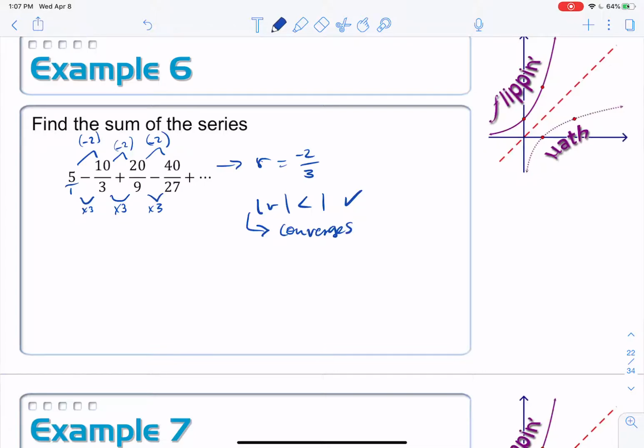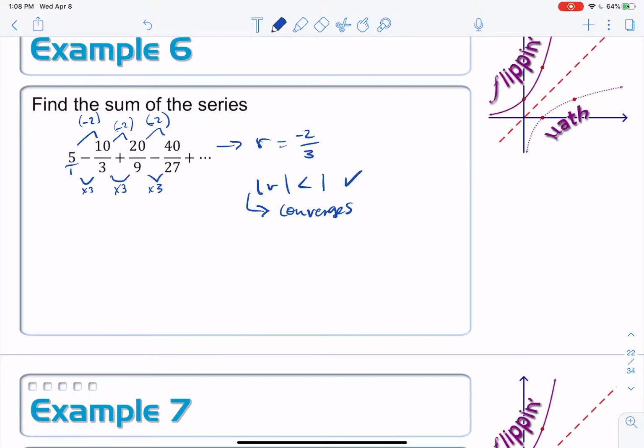And we want to know, what does it converge to? You don't have to worry about the fact that it's negative. Our formula is still going to work whether your common ratio is positive or negative. Our formula for this sum is the first term, which is 5, over 1 minus our common ratio, so it's minus a negative 2/3, which means 1 plus 2/3. As 1 is 3/3, that's 5/3,